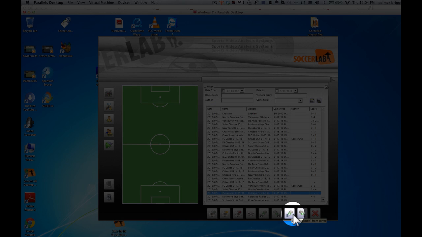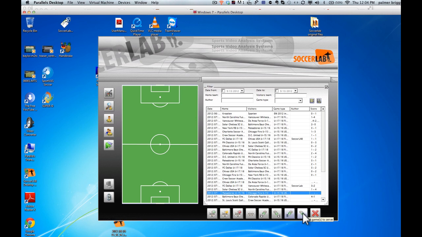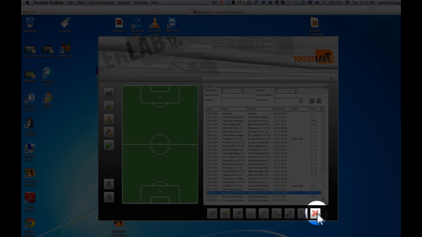These are two of the same things, importing and exporting from the SoccerLab server in Europe, and this is where you exit the program. Swinging around here,